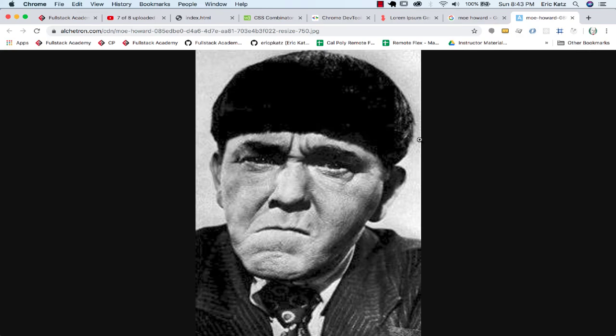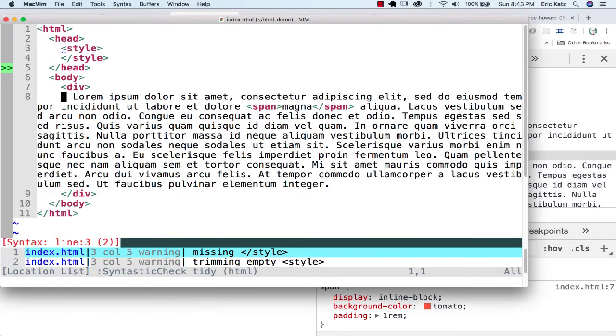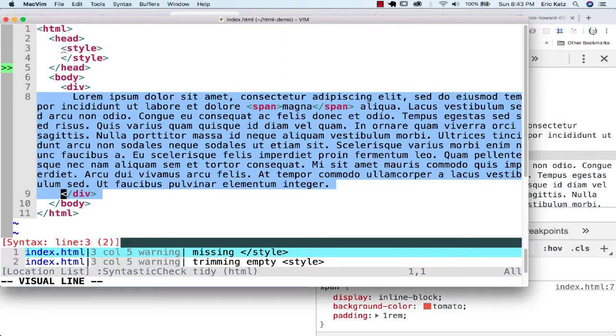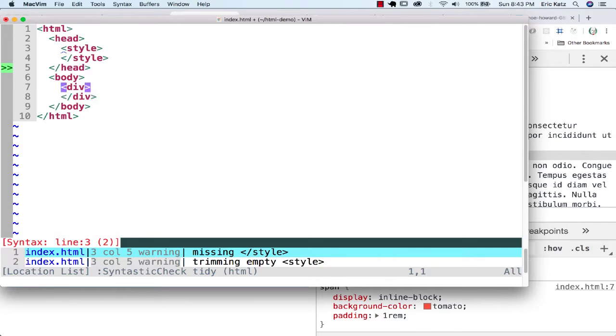So this is Mo Howard. And what we're going to do is we're going to use Mo's image. We haven't looked at images lately or at all, but let's actually simplify this a bit. And I'm just going to go in here and we're just going to put in an image tag. Now, the way that we can end up getting this image, because this image is hosted somewhere else, is by